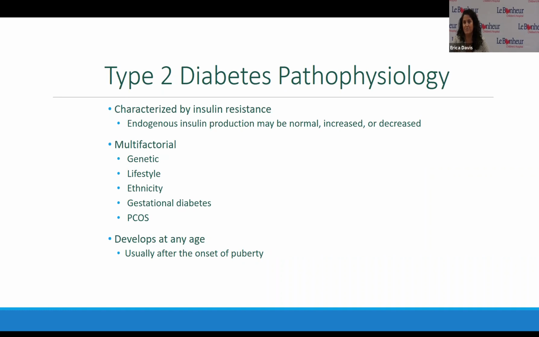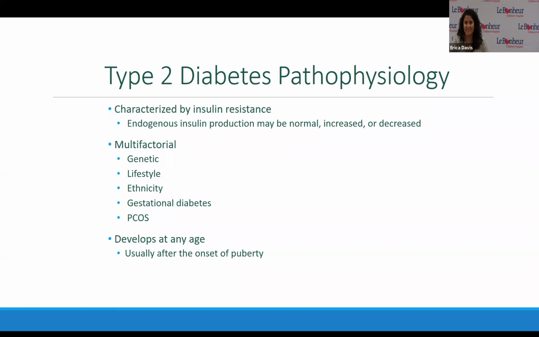Again, type 2 diabetes is multifactorial. So there's no clear answer in diabetes, which is something that's really fun for our patients as well as for us here at Bonheur. But we do see that there are a lot of factors that go into the risk for type 2 diabetes. It starts with genetics, very different from the genetics of type 1 diabetes. In type 1, we talked about how that HLA gene can be there and not actually cause type 1. A lot of our kids with type 1 diabetes have no other family member, or it skipped a generation.